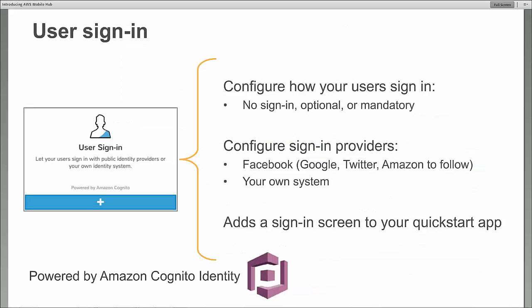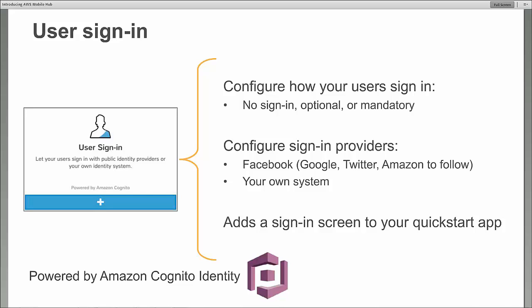So first of all, user sign-in. What we've brought to the table here is the ability to wire up Cognito and specifically connect to Facebook, Google, Twitter, other sign-in providers by filling out some simple forms. And the steps to wire Cognito up that currently exist and still do exist side by side with Mobile Hub are brought down to just a few key operations.